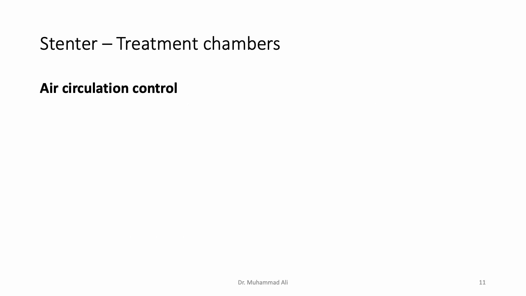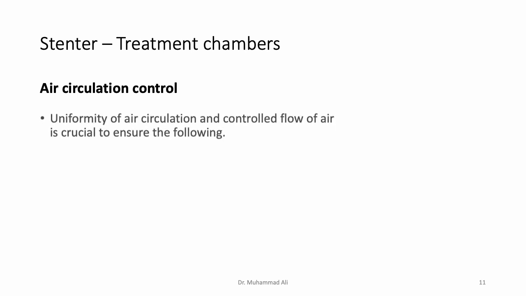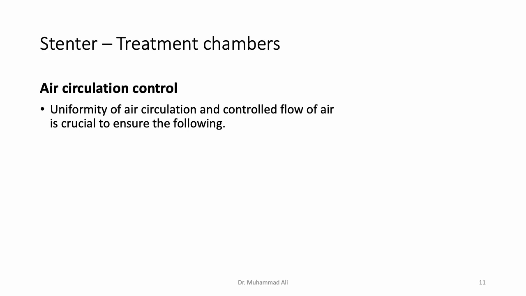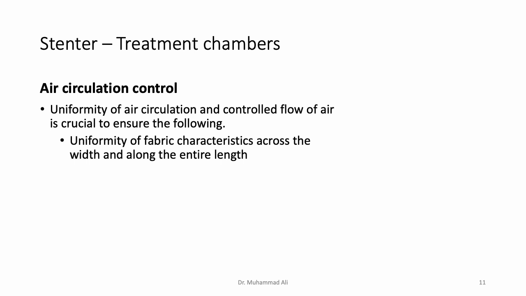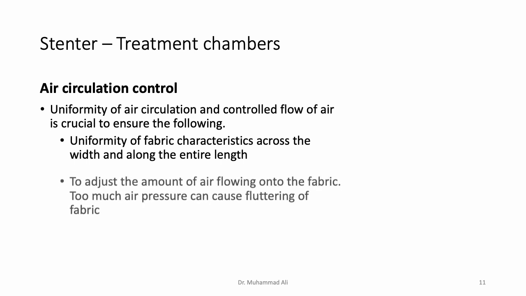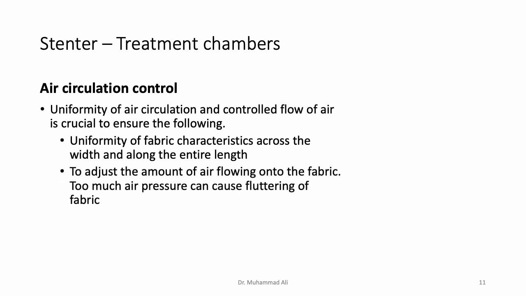Okay, so we have seen how air is circulated inside the treatment chamber. We have discussed that uniformity of air circulation is very crucial. This is to ensure that the fabric characteristics are uniform across the entire width and along the length of the fabric. And of course, we want to control the flow of air as well. That's the airflow volume, or airflow rate, if you like. We want to control it, because